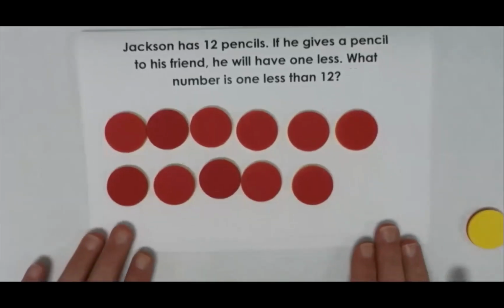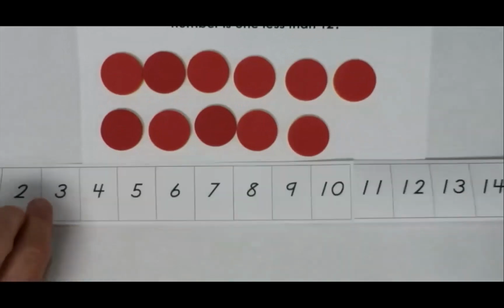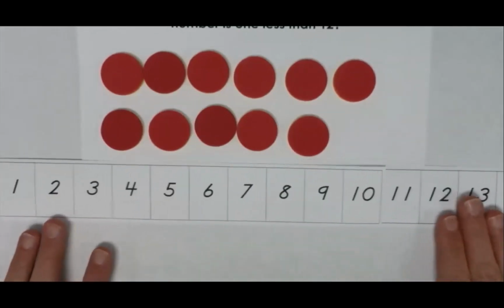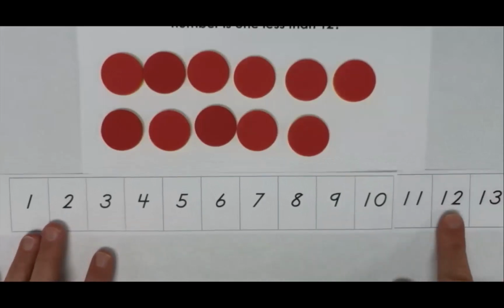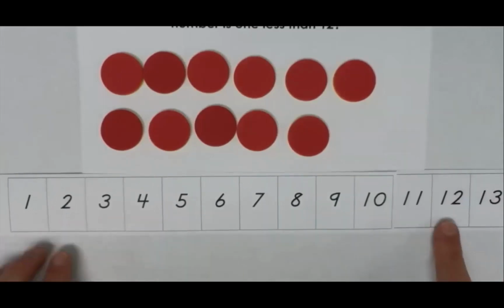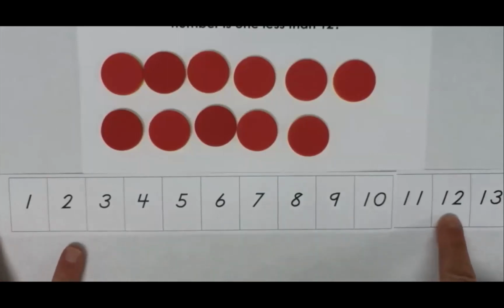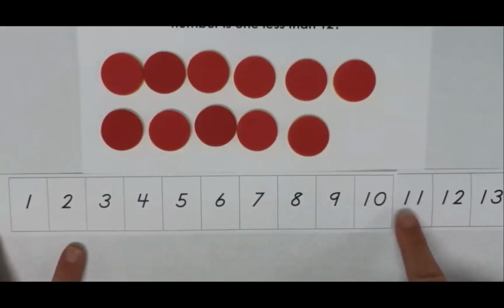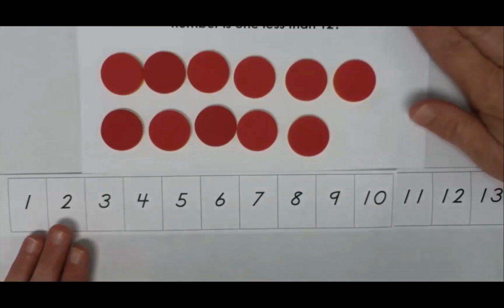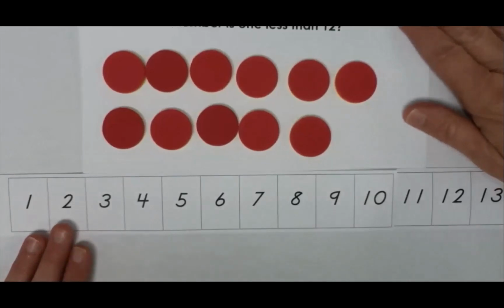And then I can also make that connection to the more representational level by using my number path. So here are the number of pencils Jackson had. If he gives one away, he's going to have one less. So my number is going to get smaller by 1. And so how many pencils does he now have? 11. Once our students are good with understanding this and what it means to be one more or one less,